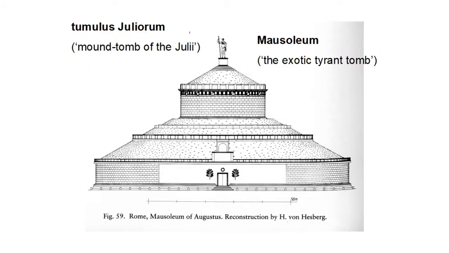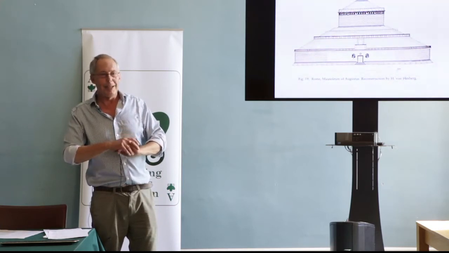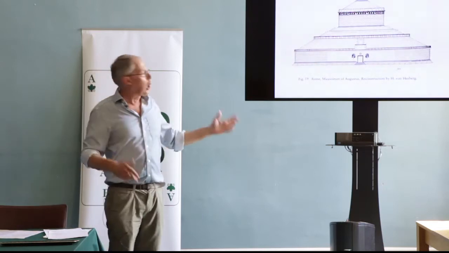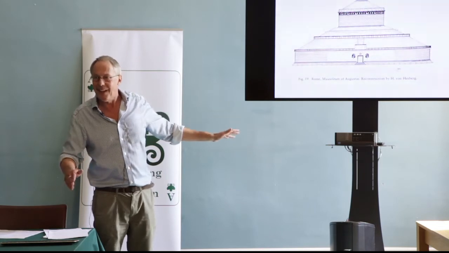Why is it called the Mausoleum? It's called the Mausoleum because this is a nickname that the people of Rome invent for it. Mausolus was a ruler, a tyrant of Halicarnassus in the 4th century BC, who built himself an enormous wedding cake tomb. It looked nothing like the mausoleum here. It was square. It had statues all the way around it. Somehow those statues have largely ended up in the storerooms of the British Museum, but that's another story. So you can't have called this the mausoleum because it looked like the tomb of Mausolus, because it didn't look anything like it.